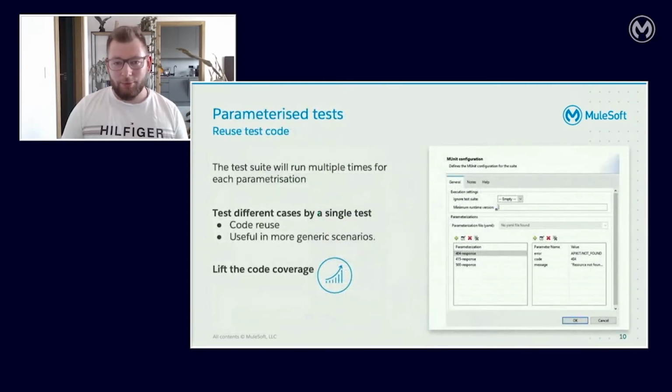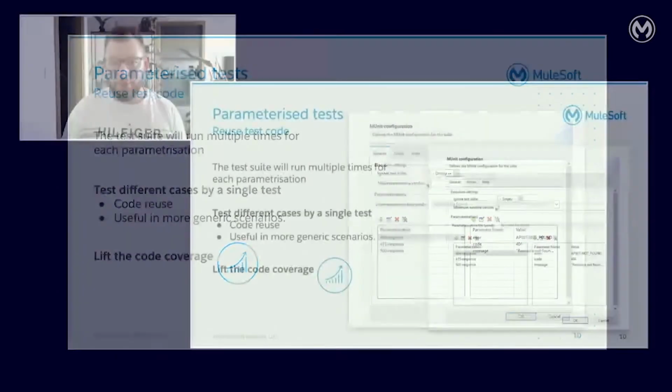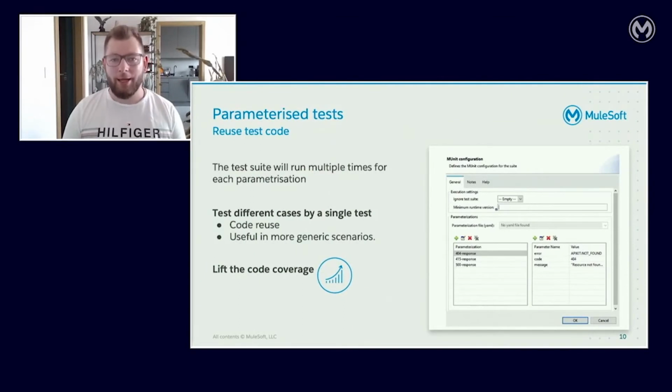Apart from this, we've got something called Parameterized test. It allows to invoke one test case with different inputs. So we can decide that we have some variables and we can change them according to some scenarios. The most obvious example are error handling strategies when you would like to test all different errors, like 500, 400, 404, and so on. So we can just prepare one test and just fill the parameters, so we can